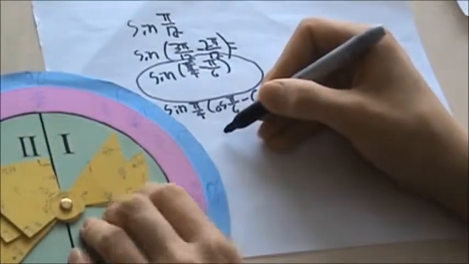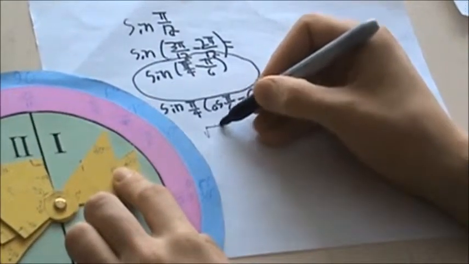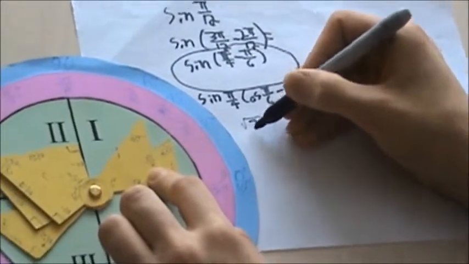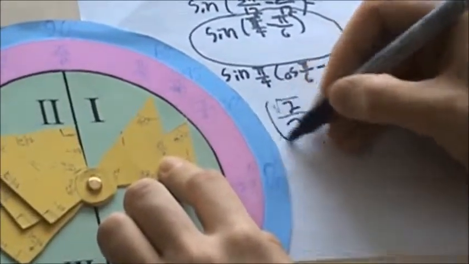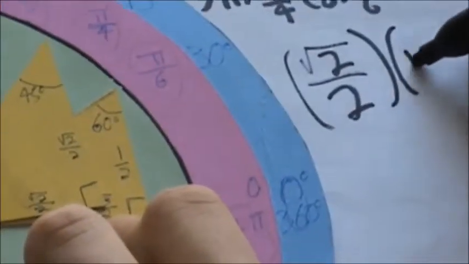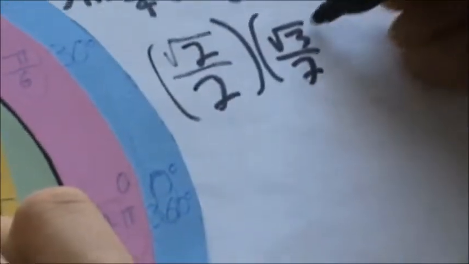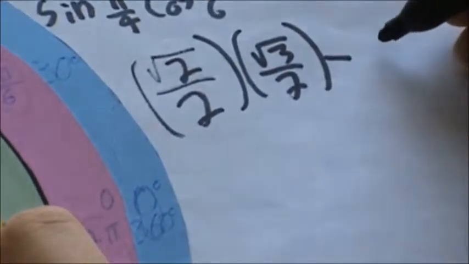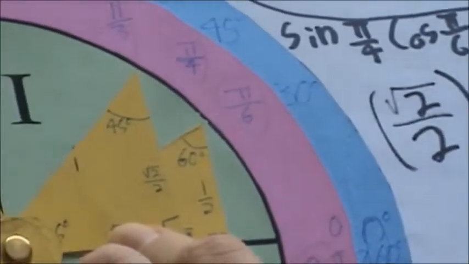That is the same as root 2 over 2 times root 3 over 2 minus root 2 over 2